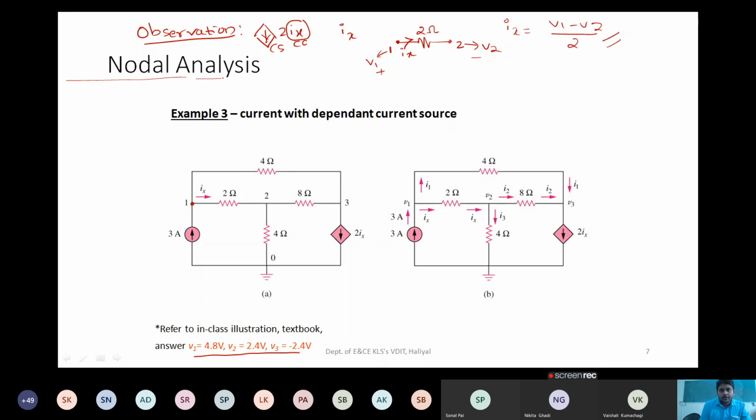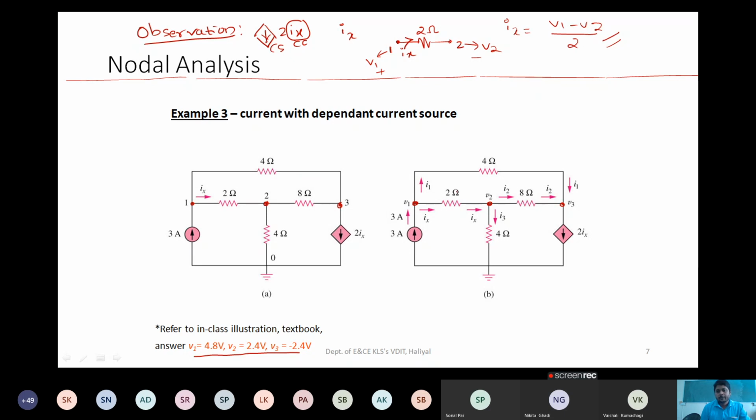So this is the first point: you have to make an observation. What is the question here? You need to evaluate V1, V2, and V3. So we have the nodes V1, V2, and V3. The same circuit has been repeated here for your reference with some current directions. Suppose they give current directions, then how to take that? You should start applying KCL from V1, V2 till V3.